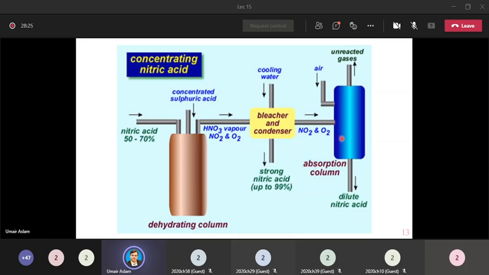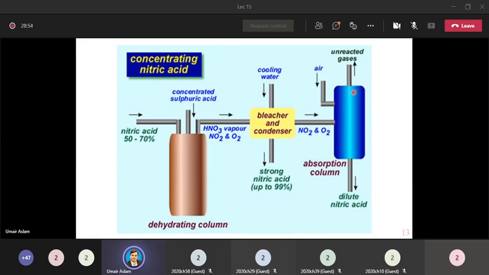into the absorption column where we will add air, and if there is NO, then air will convert NO into NO2 and N2O4, and if we have NO2 or N2O4, then we will add water, which is not mentioned here. The water will absorb NO2 and N2O4 and will produce a dilute nitric acid, and the gases which are not